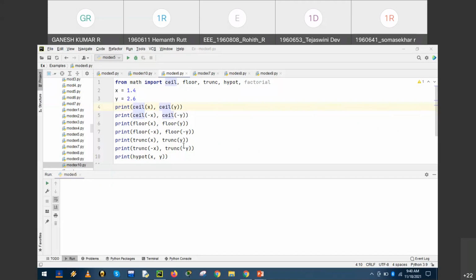Please note this ceil and floor function returns integer value. Ceil is the nearest greater, floor the nearest smaller integer value. Remember, ceil nearest greater integer value, floor nearest smaller integer value.